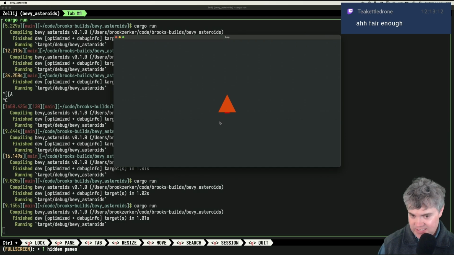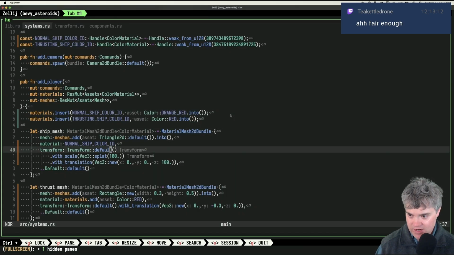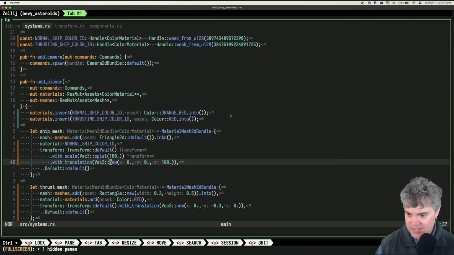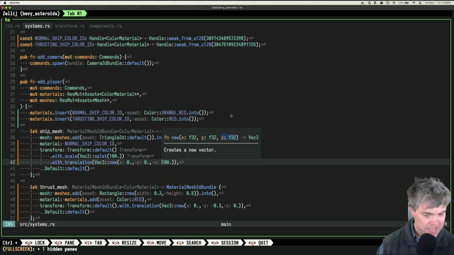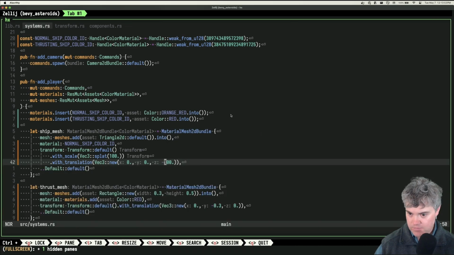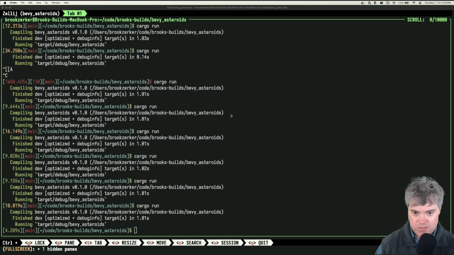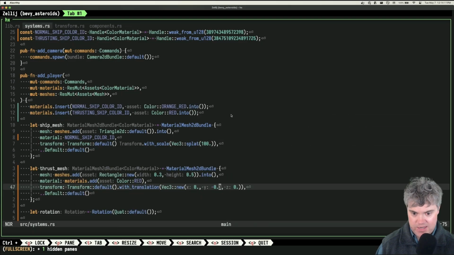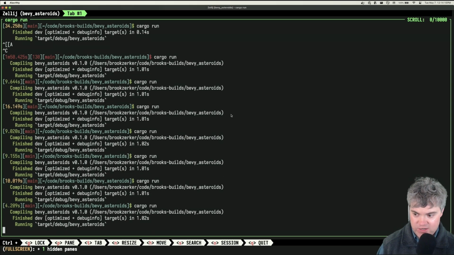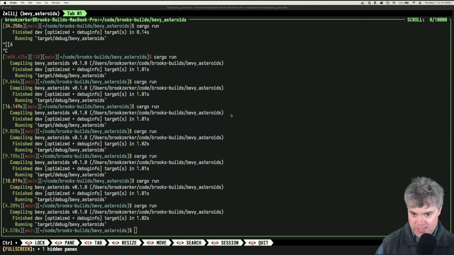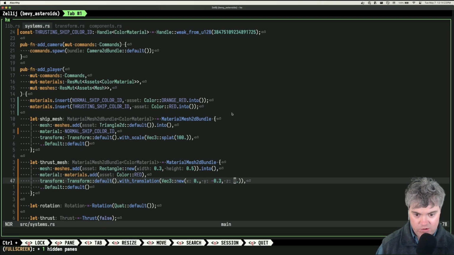Okay, so we're back to having this again, and we can see that my rectangle sticks out below. So it's positioned correctly. Now with the rectangle, let's put it to negative instead of positive. No, that was the ship mesh. Well, whatever. Let's put the ship mesh negative. No change. If I get rid of you, and okay, one change at a time. So I got rid of the translation on the ship. Okay, that's still fine. Now I want you to be